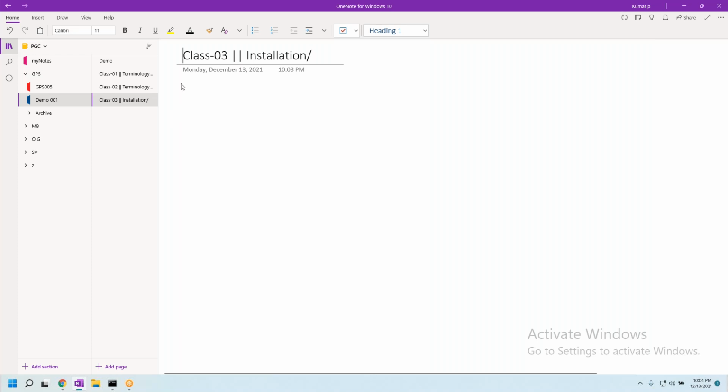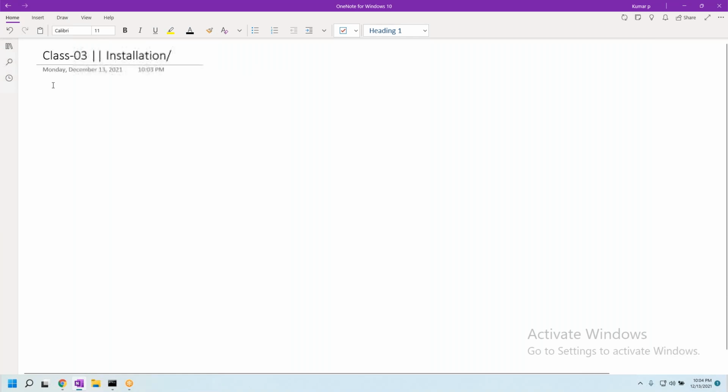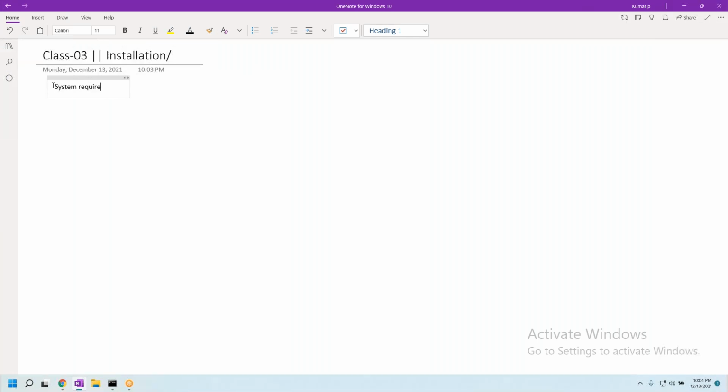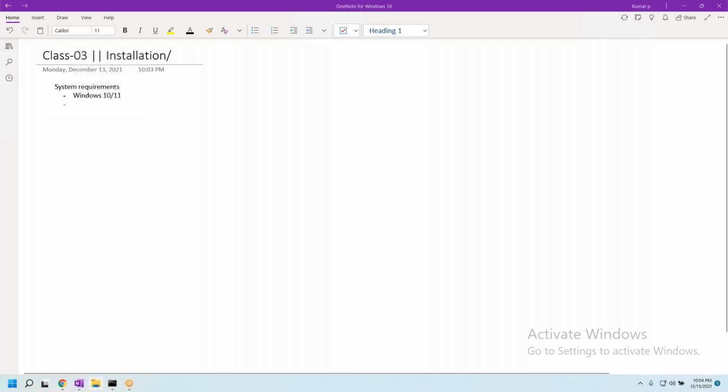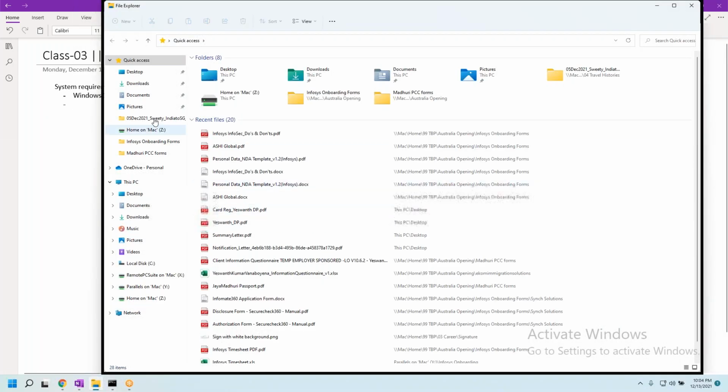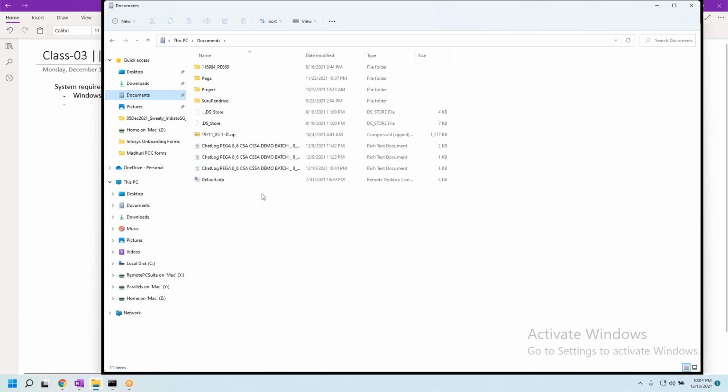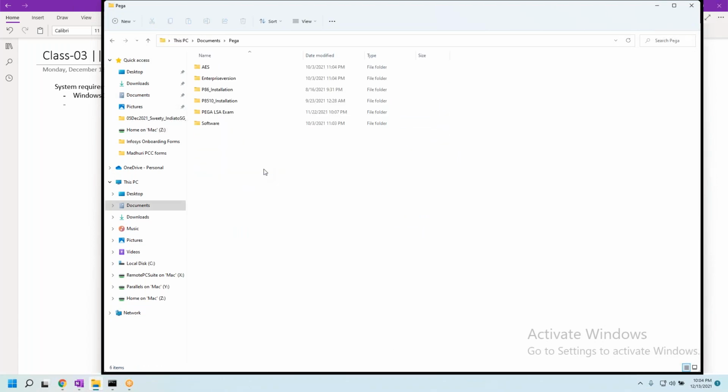Okay, first thing, many of the people will have this query, that is, what are the system requirements? Windows 10 or 11 should be fine, and you have to install something.